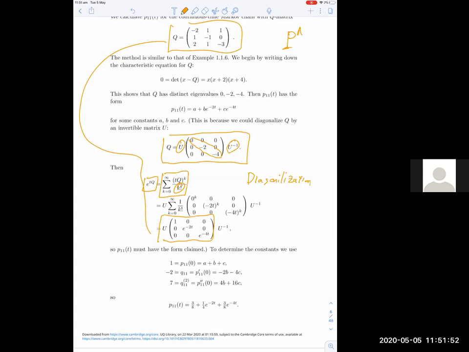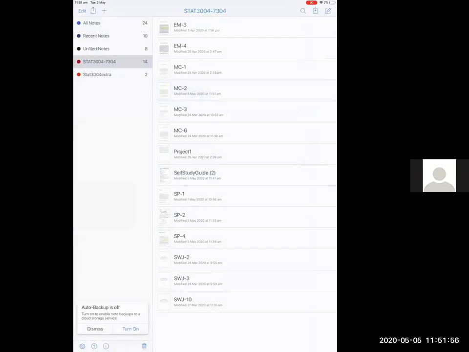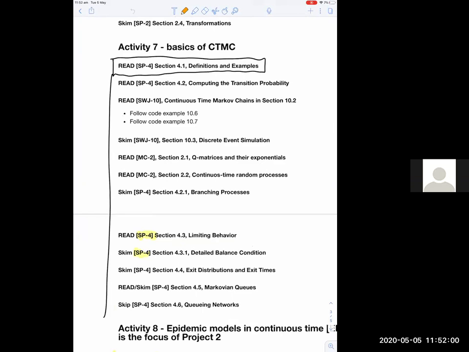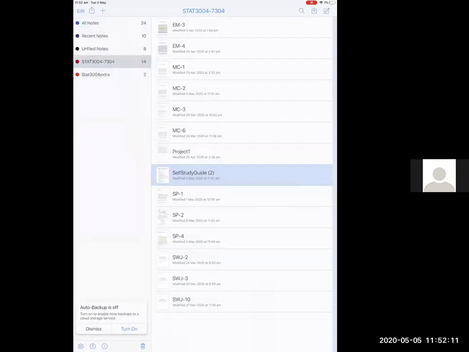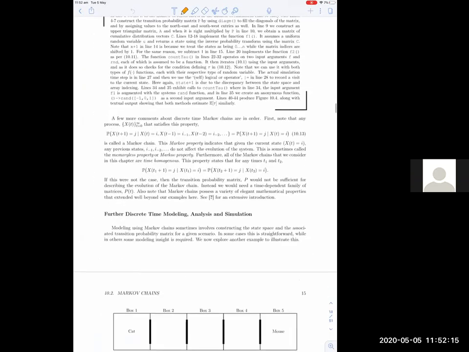That's why I suggested that you read that, specifically because of that bit. And I'll finish in a sec. So the self-study guide also goes to something which is much more lightly written, and that's SWJ10. That's my book. And you can actually read that first, perhaps from the start. So if you go to SWJ10 and you go here to